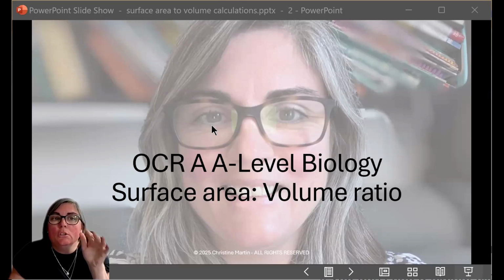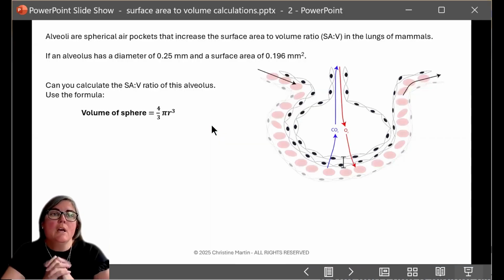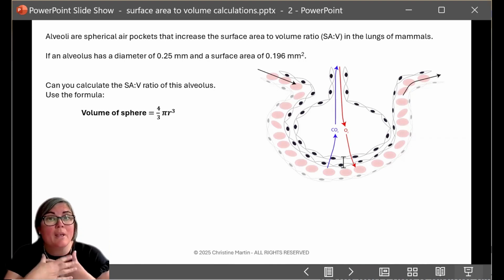So in this video, I want to look at the surface area to volume ratio. So let's imagine that we're told that our alveoli, we know these spherical air pockets, are going to increase the surface area to volume ratio in the lungs of a mammal. Now, if an alveolus has a diameter, let's say, of 0.25 millimeters and a surface area of 0.196 millimeters squared,